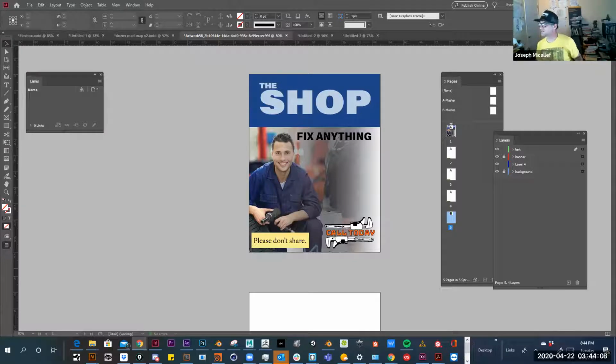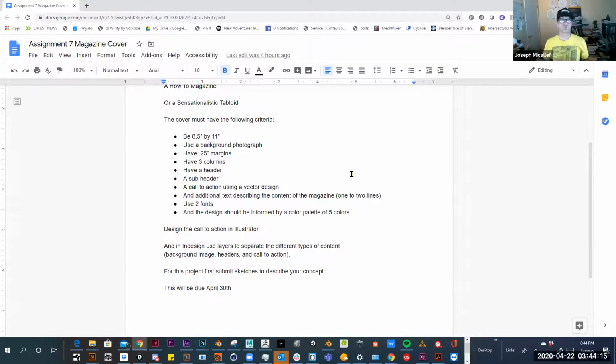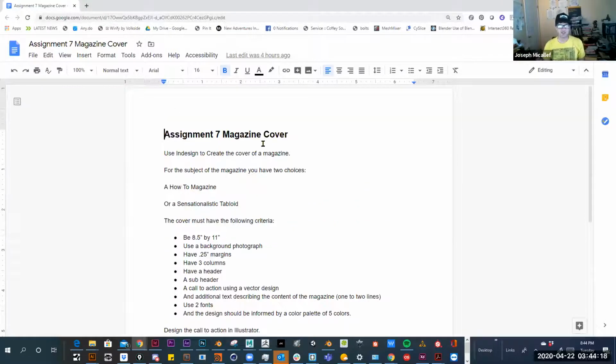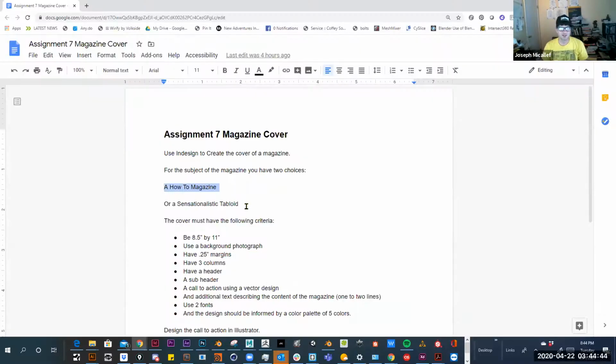I think it's assignment number 7. Yeah, 7. Use InDesign to create the cover of a magazine. Subject of the magazine, you have 2 choices. A how-to magazine. In my example here, it's a magazine about car repair, but you can make a how-to art magazine or a how-to cooking magazine. So you have how-to, or your other option is a sensationalistic